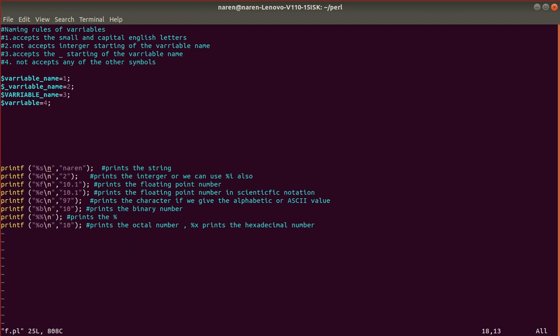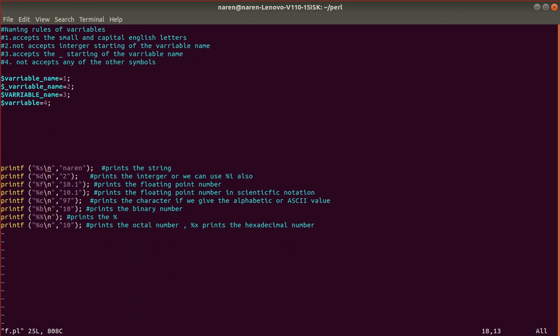And percentage c is used for printing characters. If we have an ASCII value and give that ASCII value with percentage c, it will print the related character. Otherwise if we give an alphabet, it will print that alphabet, so we call that alphabet a character. If we use percentage b, it will print the binary value.